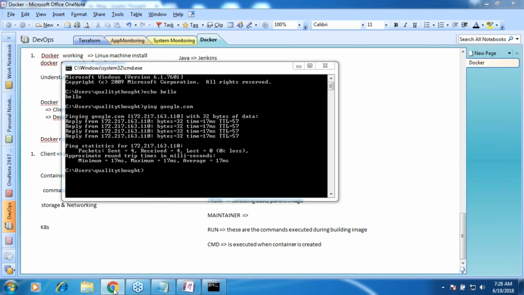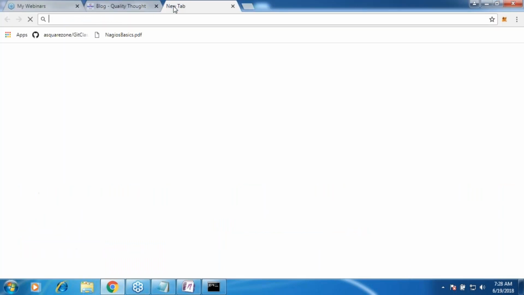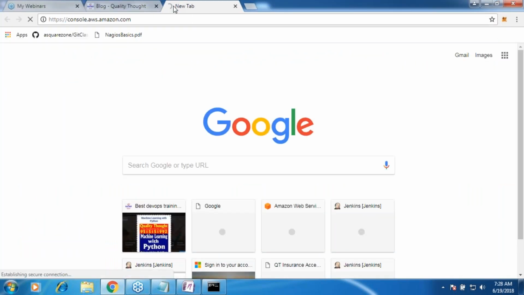We have our machine in AWS, which we have installed.